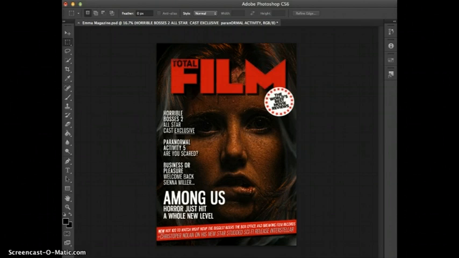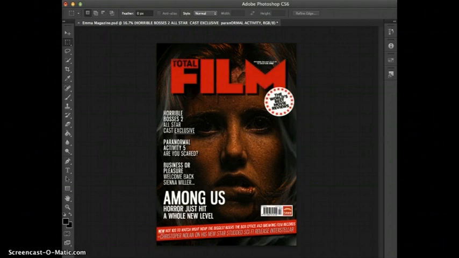The issue number and date on every Total Film magazine has a different font to the cover line, but is positioned in the space of the M. I wanted to replicate this using the same font as the magazine, the white colour that is used commonly on Total Film covers, and to keep with my colour scheme. I sized and proportioned this according to how the professional covers do before moving on to creating more text above